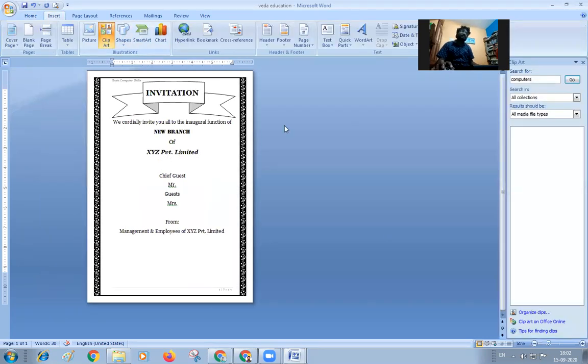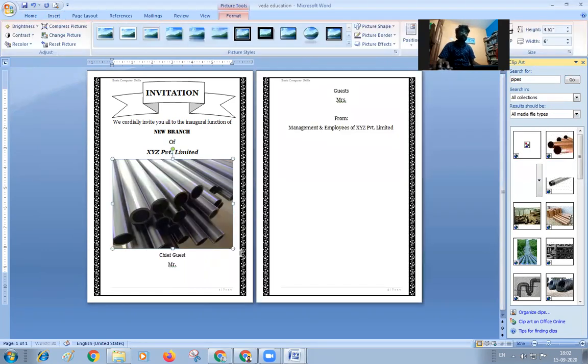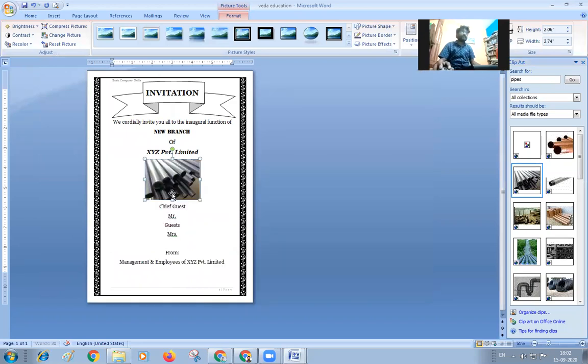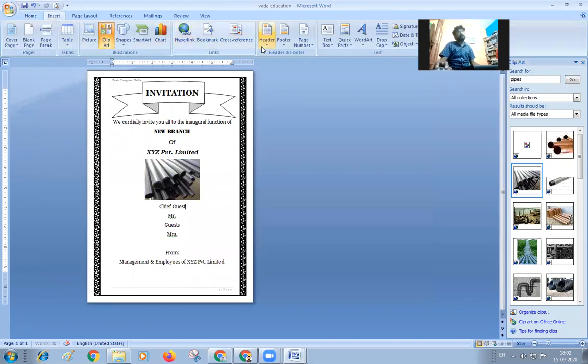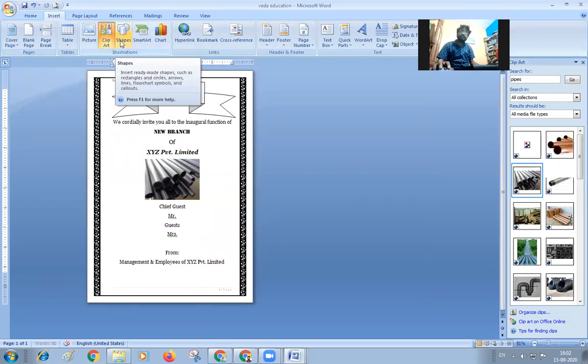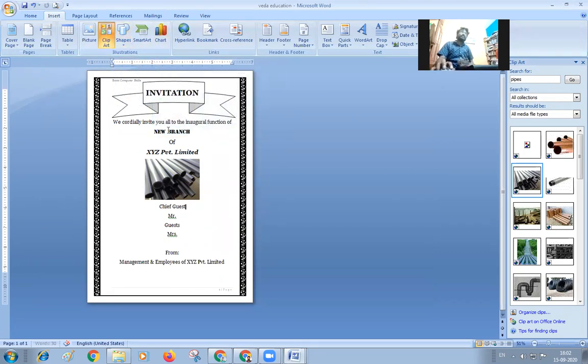If the clip art is there, you can insert the clip art. You can insert the clip art for this. If you're dealing with some of these pipes, I have given the example of these types of pipes, and if you're a company dealing in this, you can use this. If you want to make this a watermark, if you want to give this picture as a watermark, you need to save the picture in your system, and you can also give the text document as a watermark.